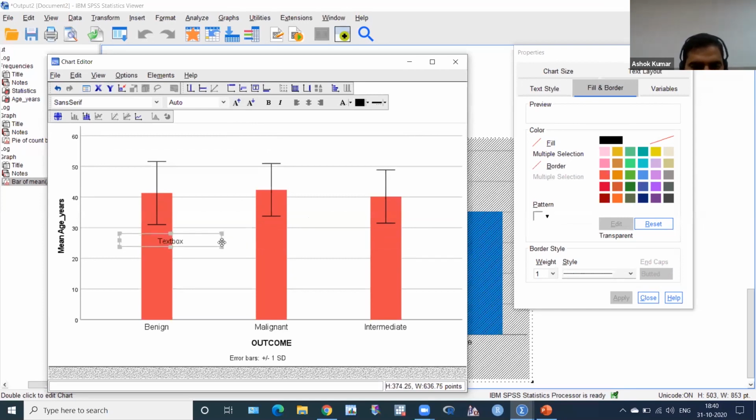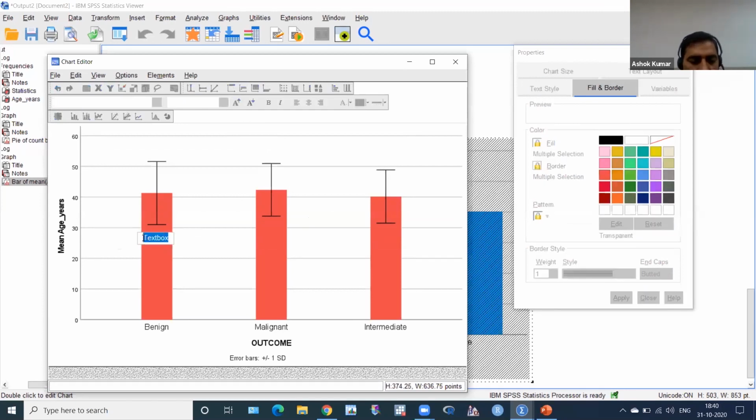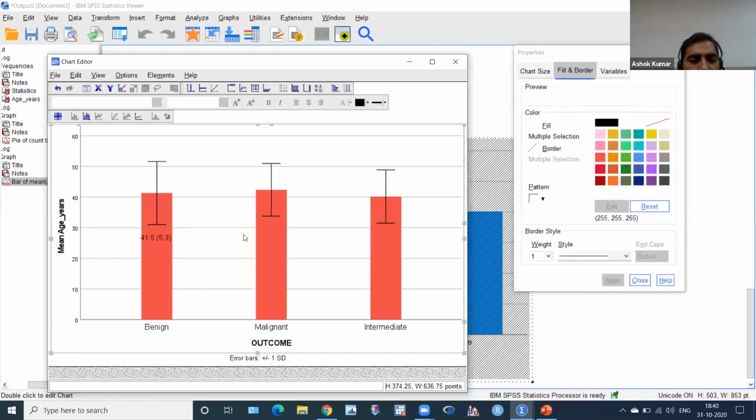Then you can change it according to what you need. Suppose 41.5, and in brackets SD is, suppose, 5.3, and bracket close. You can get it, no problem. So these are what you can get.